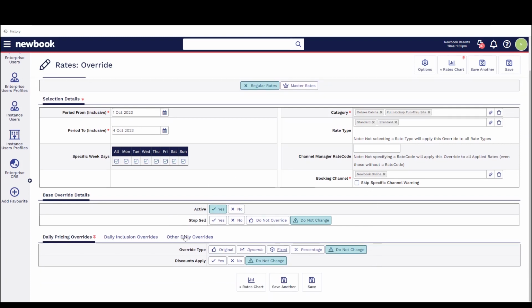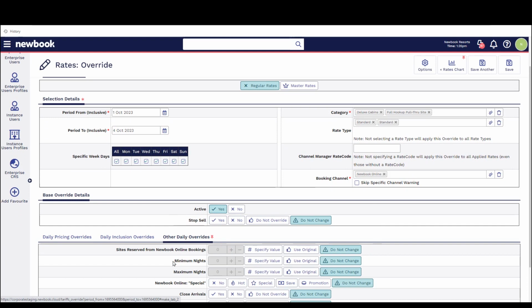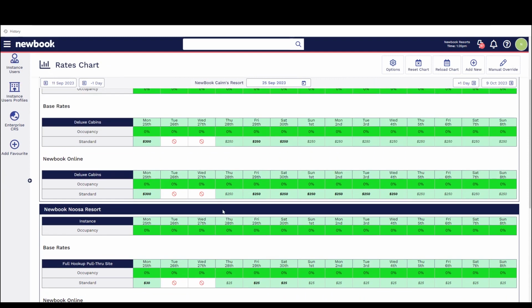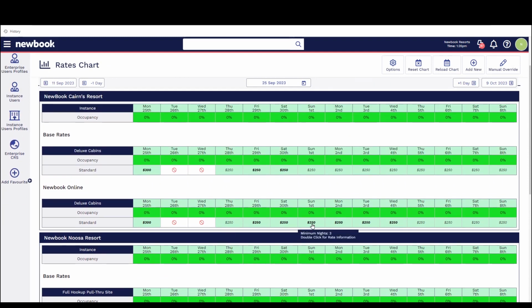When it comes to adjusting minimum night stays, we then head down to our other daily override tab, and that's where we see our minimum and maximum night stay settings. To override, you simply select specify value and then adjust within here. Once we save, we'll be able to see that it takes us back to our rates chart where those overrides